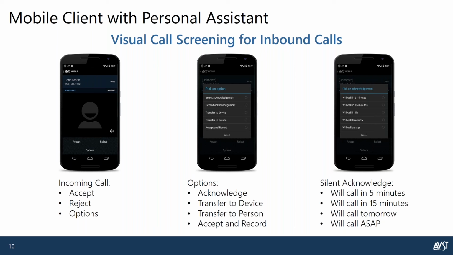I'll get back to you in 20 minutes. Or you could transfer it to another device or to another person. All of that's a little disruptive, but if you're in the middle of a meeting and you really don't want